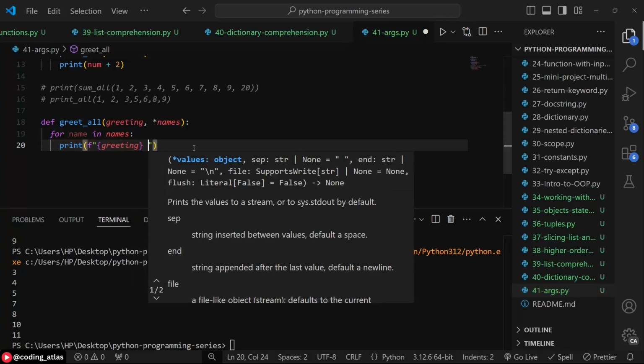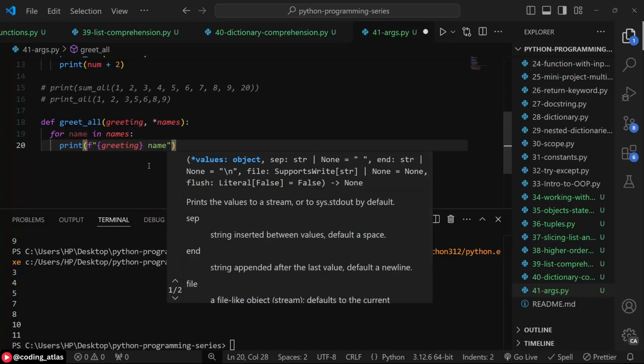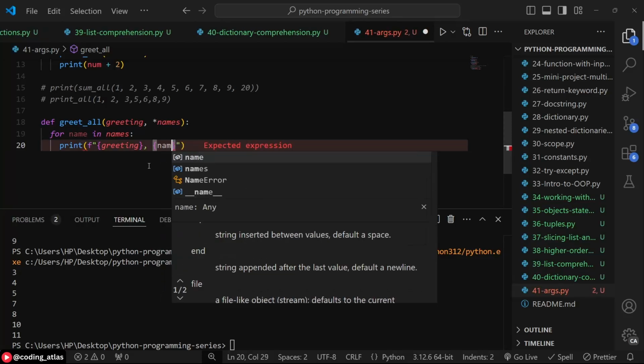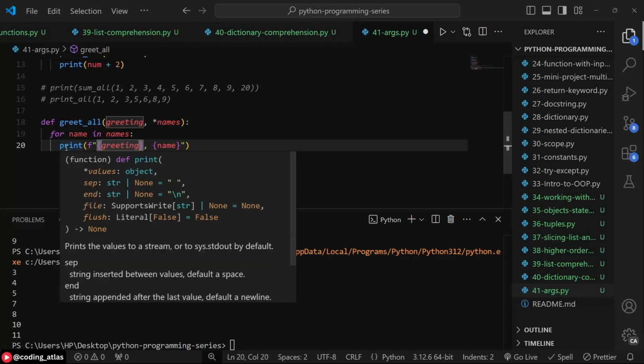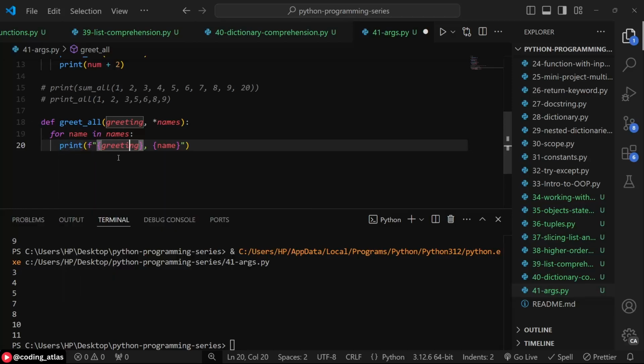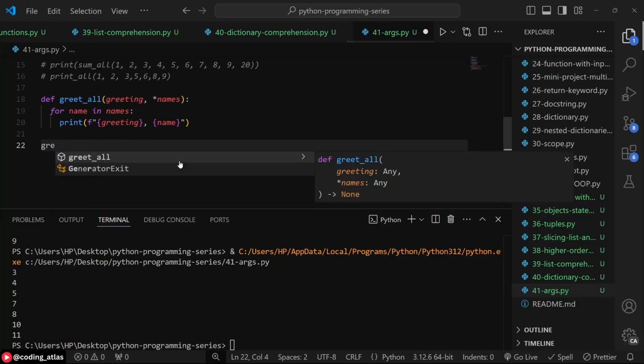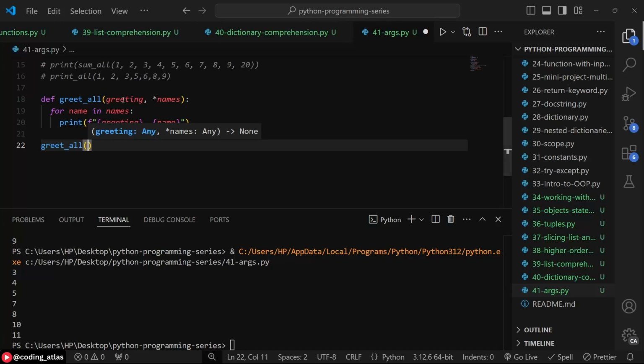All right, and then we're going to say name. So we have another curly braces and we pass name. All right, so in this function now, we're expecting a variable number of arguments. So the arguments will be collected inside of a tuple, which we are calling names here, and then we are looping over the tuple. In each of the iteration, we are printing the greeting that is passed in to each of the names provided. So if we run this function now, greet all,